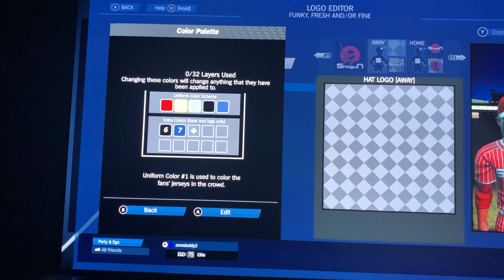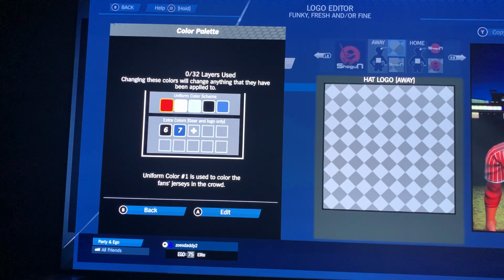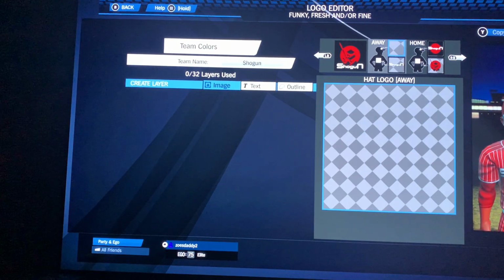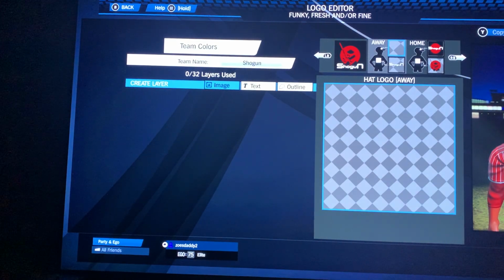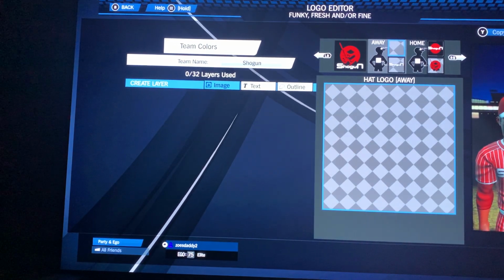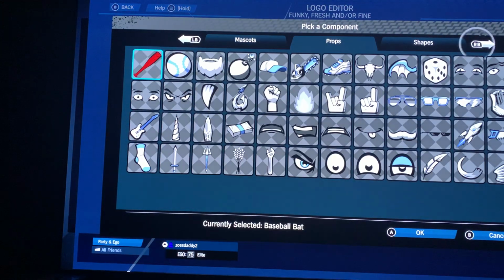Colors I go with are red, white, and black. And the red I go with a little bit more on the darker side, medium dark. All right. Actually, it wasn't the original colors. All the original colors I used, but I actually made the Shogun white, and I tried out some different colors, and I just think it pops more this way. All right, so first thing we're gonna start off with is